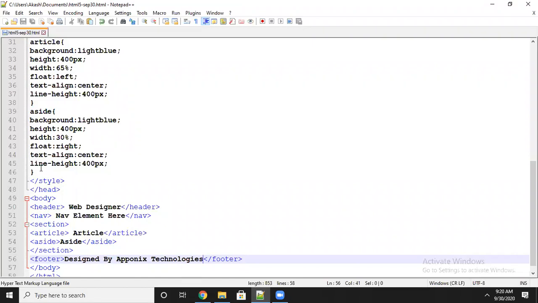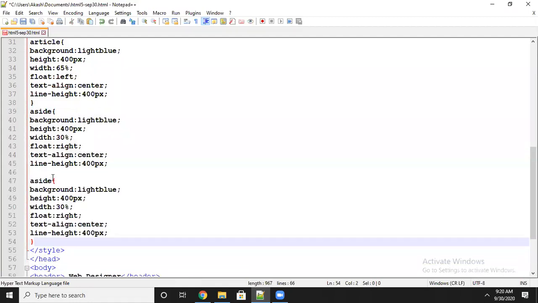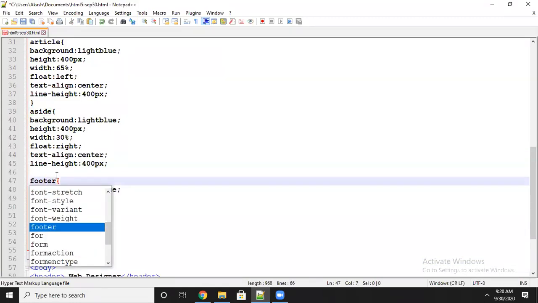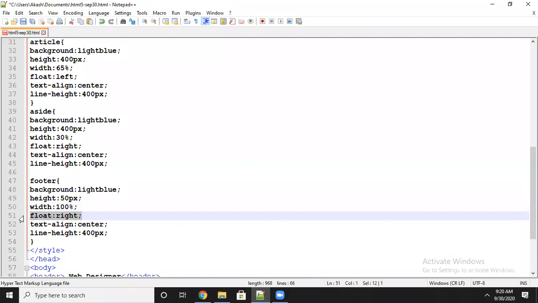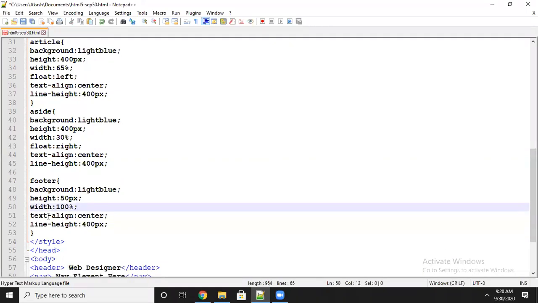For this also I will specify the width and height. Let's see, for this I will take footer. Okay, I will use light blue only, but height 50 is enough for footer, not required big. Width again I need 100%, no need of any float, need text-align center, and line-height is 50 only because my height is 50.